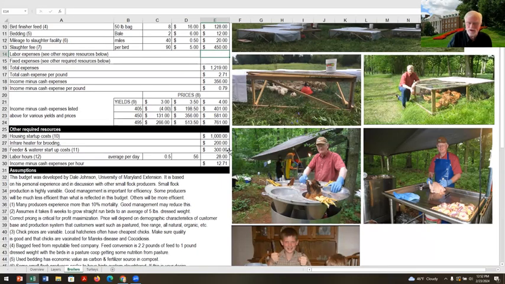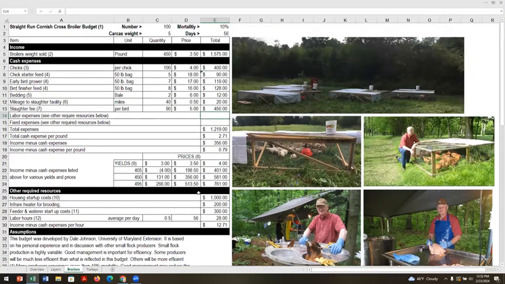All right, John, I'm rambling here. Cut me off. No, it's no worries. I actually don't see any other questions, but everybody's really wanting to get a hold of the spreadsheets. And Dale, when you send those to us, we'll put them on our website as well as share them through the Backyard Farming series as well.